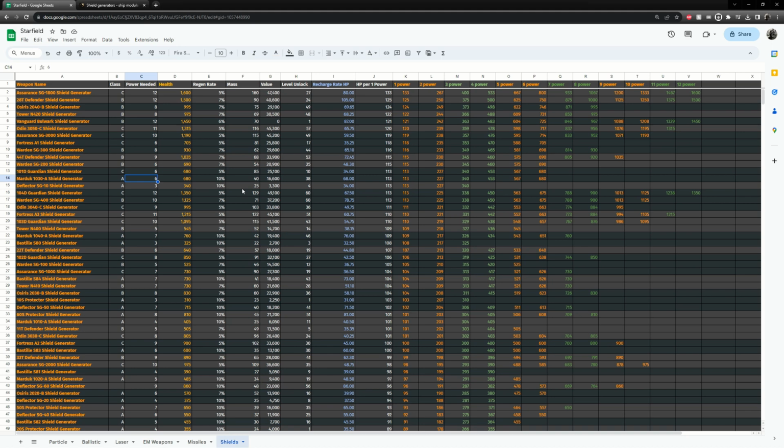Now let's examine the A class shields, which is what people starting out in the game will be running. The shield that you get in the beginning, the Deflector SG10, is actually very high efficiency. The main problem is it's very low health. So you can see over here, at HP per 1 power, it has the best HP to 1 power rating